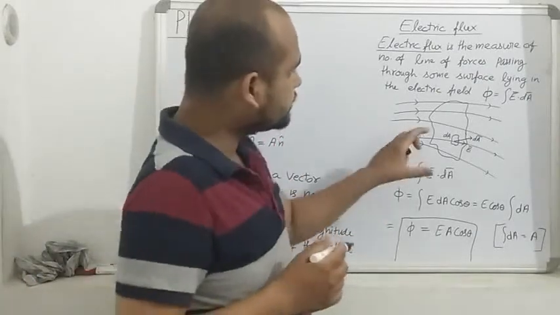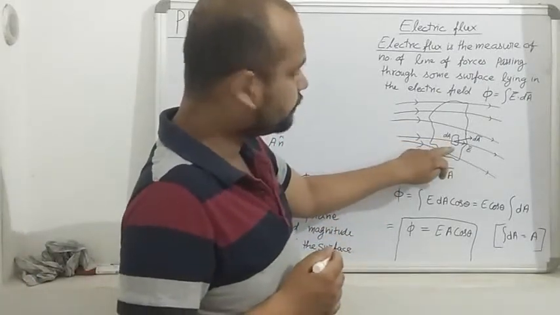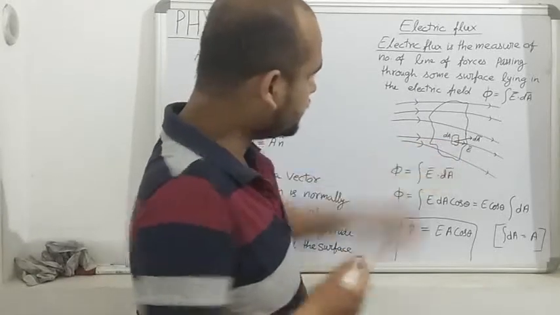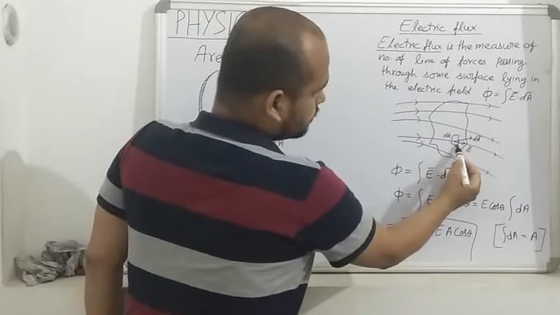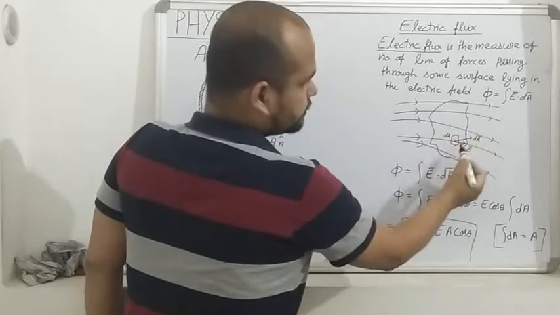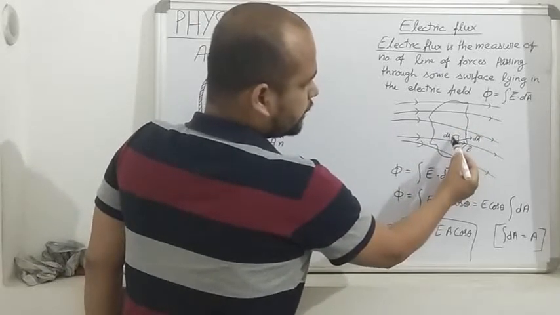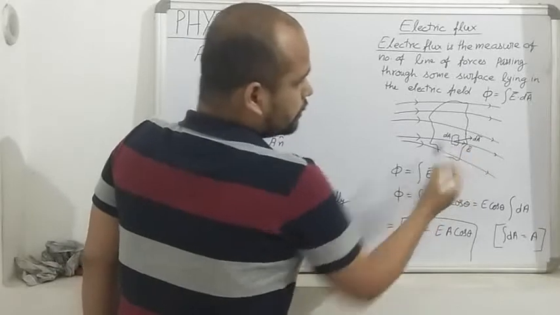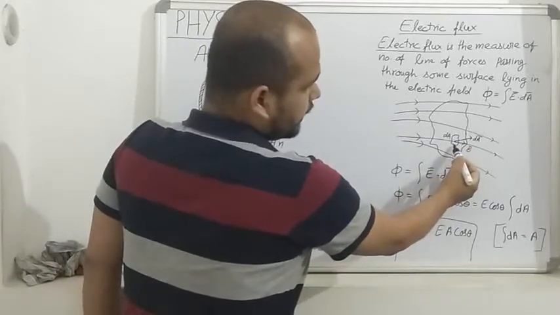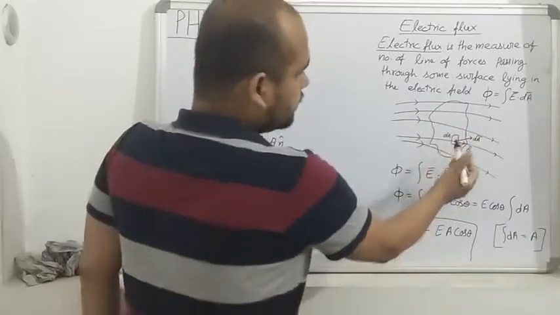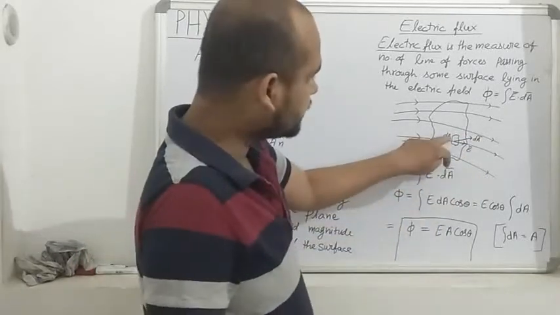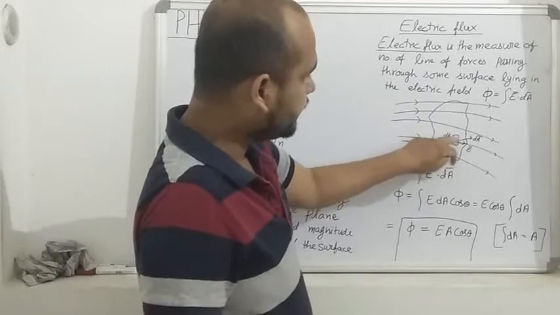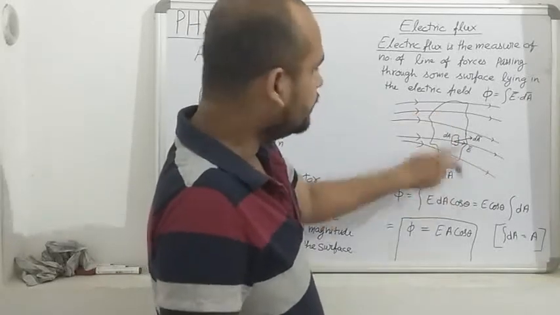And for integration, we used to consider a small element, and then we used to integrate that small element to find the total value. I have taken such an example in the previous chapter also. So let us consider a small element of this surface. You can see here, this is the small element of this surface. This small element will have a small amount of area. So dA is representing what? dA is representing the small amount of area of this small element.